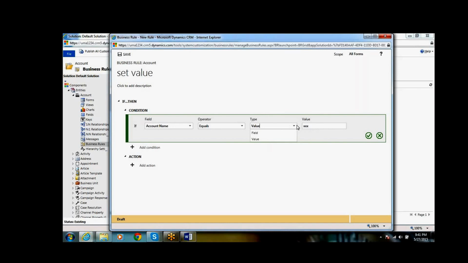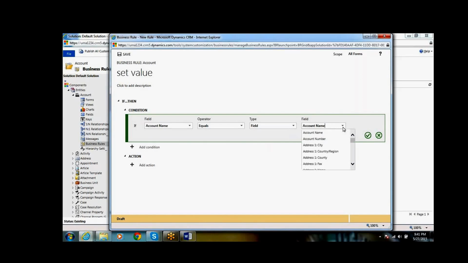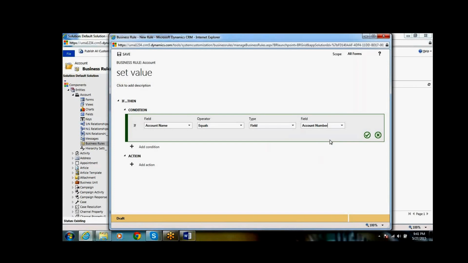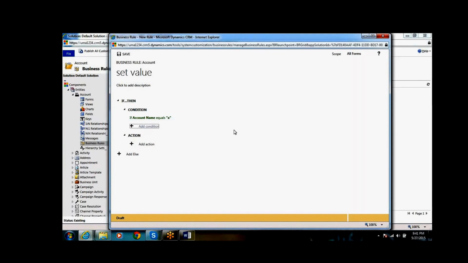If it is a field, for example account name equal to the account number field value, and if both are the same, then our condition will execute. Here I'm just taking a value, giving some max. So this is my condition.